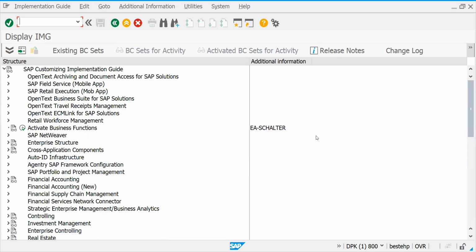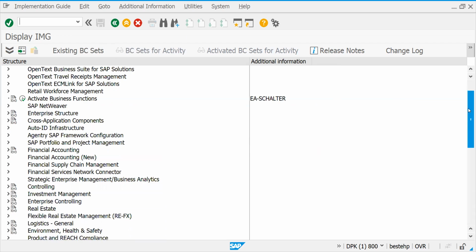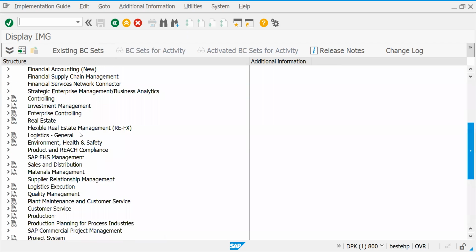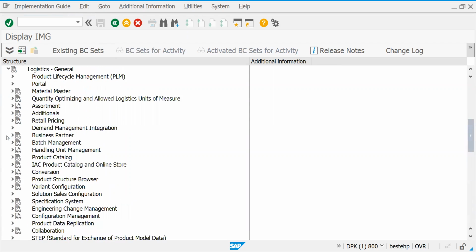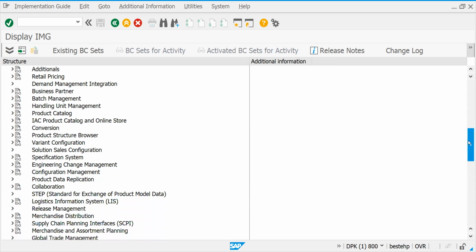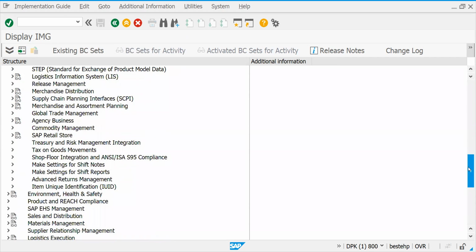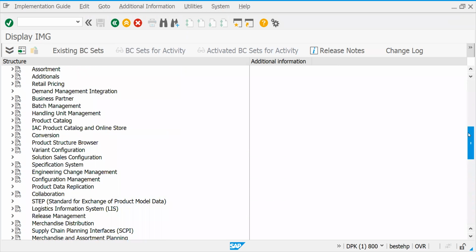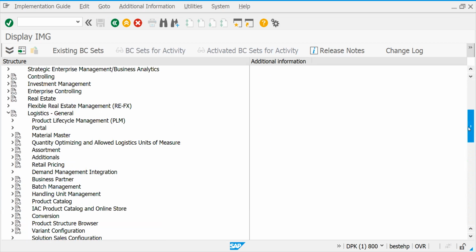We need to understand the IMG activity. Logistic general. In logistic general, what are we doing actually? Before the path, see here, what is the before path? Purchase, material management.